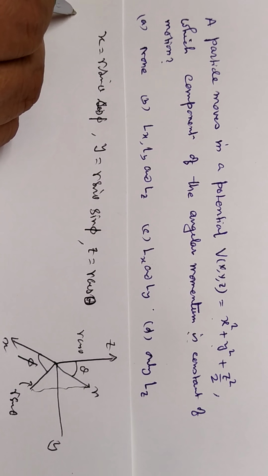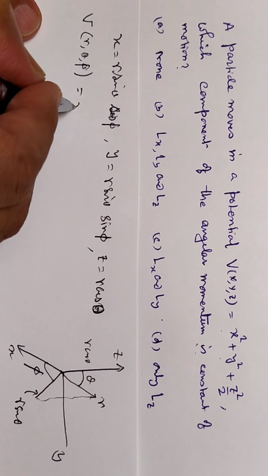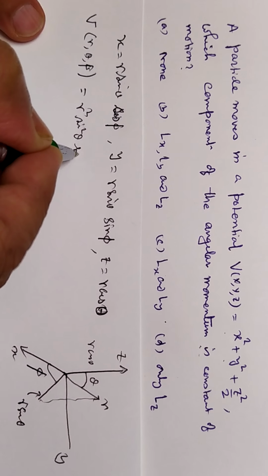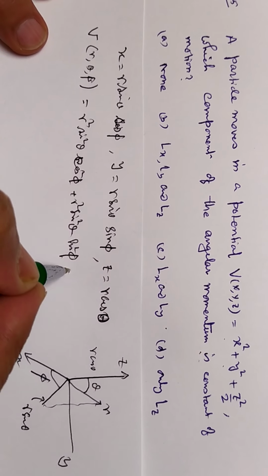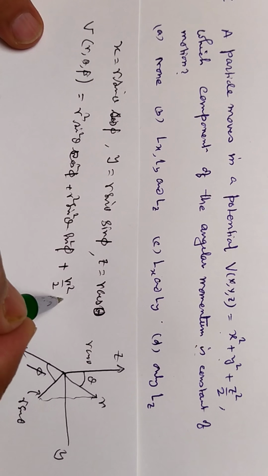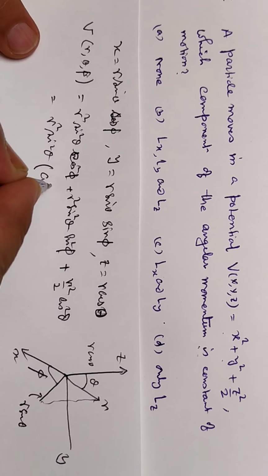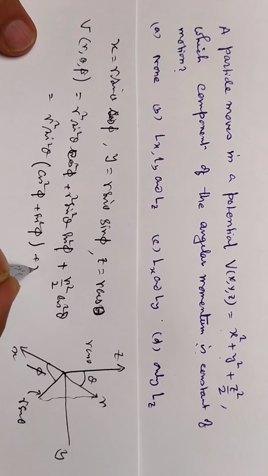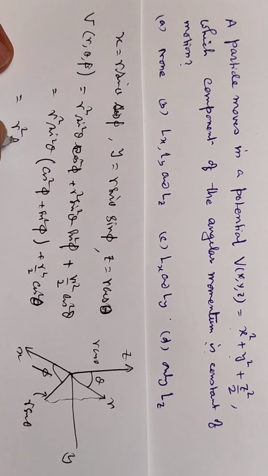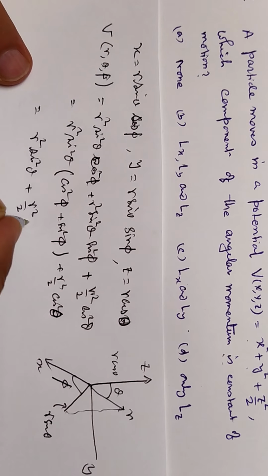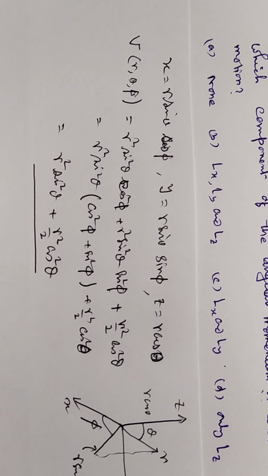Okay, then your potential, given as a function of r, theta and phi, can be written as x square, meaning r square sine square theta cos square phi, plus r square sine square theta sine square phi, plus r square by 2 cosine square theta, which equals r square sine square theta times cos square phi plus sine square phi, plus r square by 2 cosine square theta, which equals r square sine square theta plus r square by 2 cosine square theta. You see,